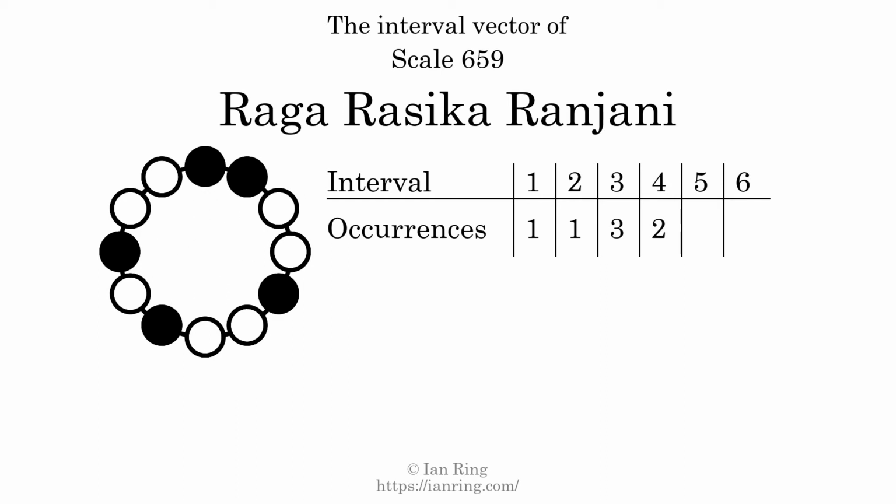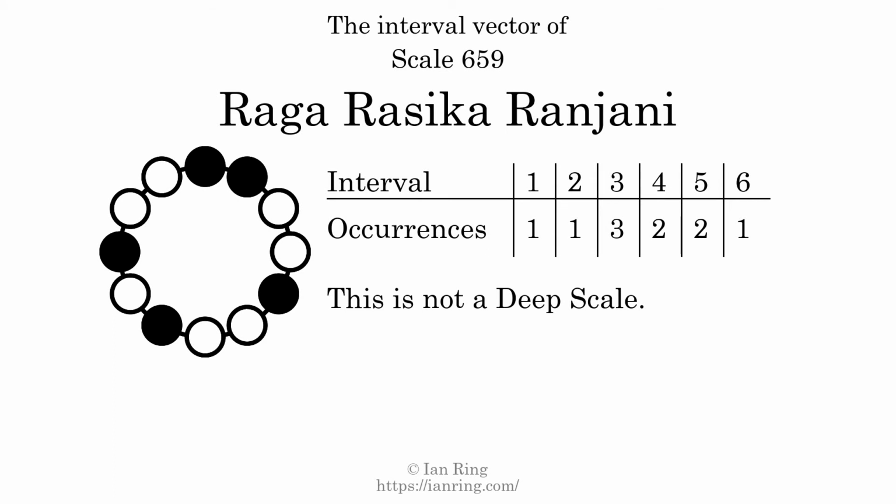There are 2 intervals with a size of 4 semitones. They are here and here. There are 2 intervals with a size of 5 semitones. They are here and here. There is one interval with a size of 6 semitones. It is here. Each interval does not appear in this scale a unique number of times, so this is not